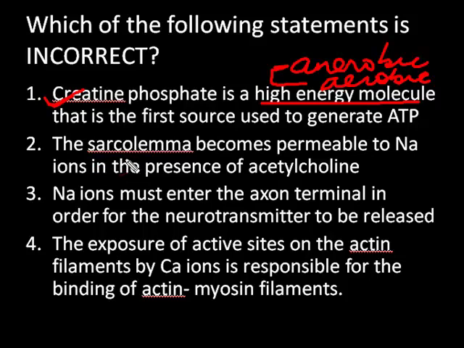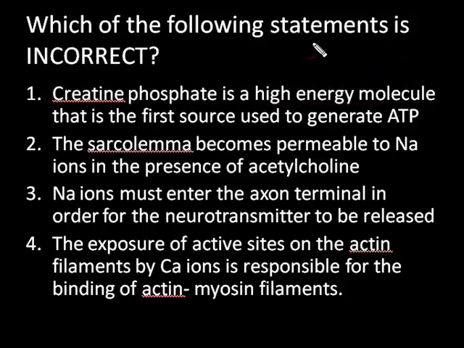The second statement is the sarcolemma becomes permeable to sodium ions in the presence of acetylcholine. This is also true, and this has to do with the neuromuscular junction. So at the neuromuscular junction, if this is the axon terminal and then this is the motor end plate, you have these synaptic vesicles. So once these synaptic vesicles come and fuse with this axolemma here at the axon terminal, and they release the neurotransmitter, which is acetylcholine, into the synaptic cleft, that comes and binds to these receptors at